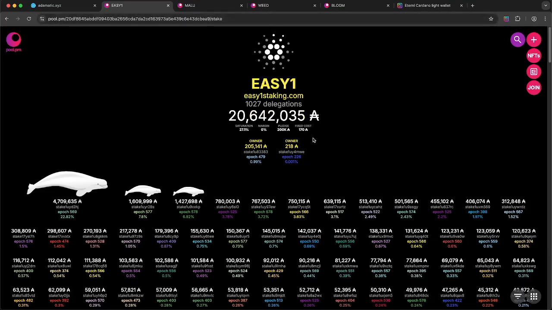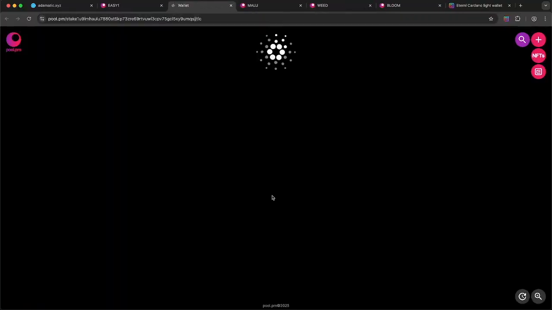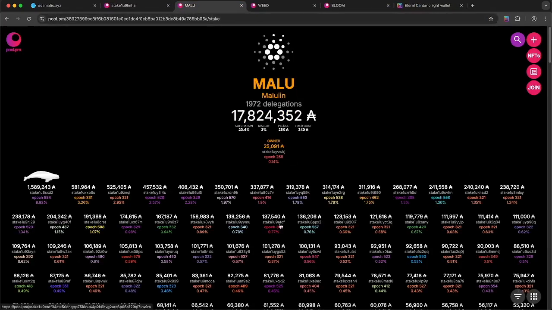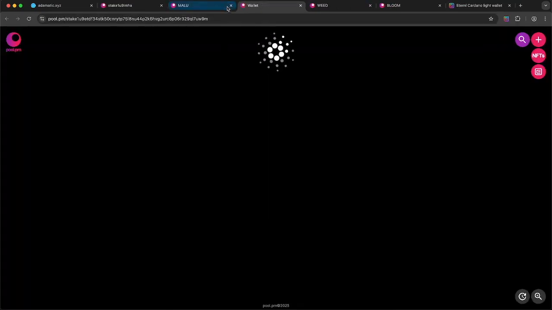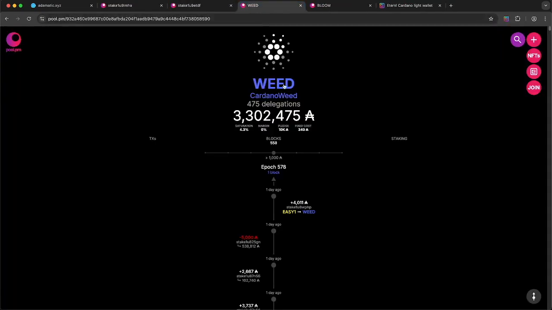So this is my stake pool. I'm going to just open 3 random wallets. This is the first one from my pool. Then I'll go to Malo pool, Hi Linda, she's a rug pool as well, so I'm going to take one from her pool. And then there is Weed. Oh, Weed has just stolen